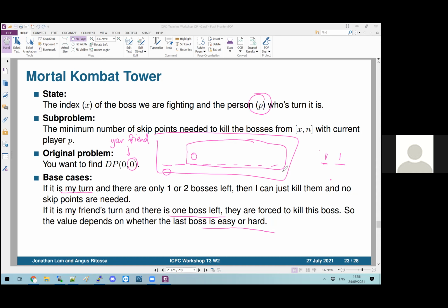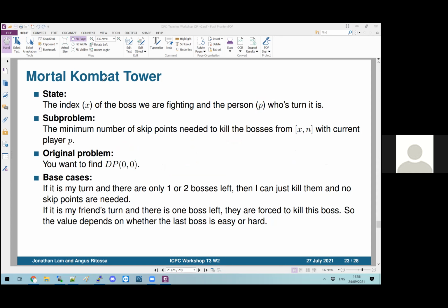So what about your recurrence then? So we've solved our base cases and our subproblem. So what about our recurrence? So let me just clear our drawings. Okay, so if we have